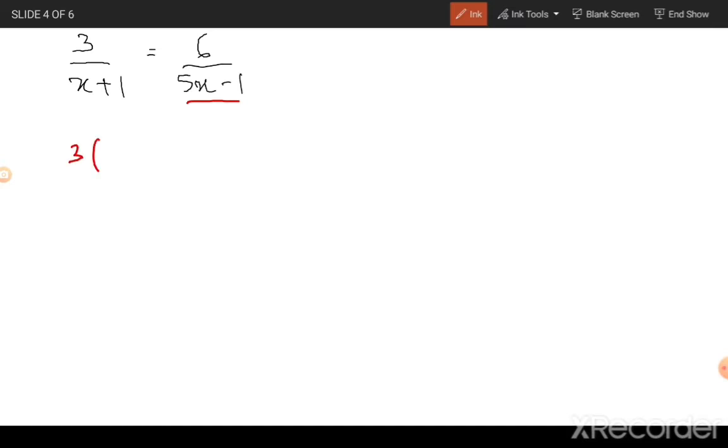So I can write it as 3 times 5x minus 1. It comes to the numerator basically, is equal to 6 into x plus 1, because x plus 1, when it was on the left hand side, was in the denominator. So when it shifts to the right hand side, it will come in the numerator, or it will be multiplication. Now, as you saw, we have to open the brackets. So 3 into 5x is 15x. 3 into minus 1 is minus 3, is equal to 6 into x is 6x, and 6 into plus 1